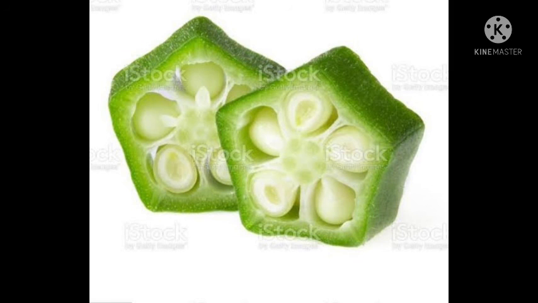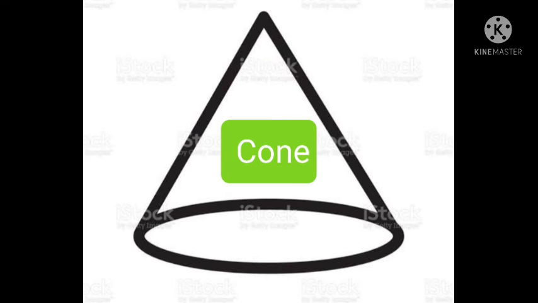We'll go to the last shape that we are going to learn today. What is this? You all are familiar with this. This is not a new name for you. This is a cone. Are you able to appreciate the difference between triangle and cone? A triangle has 3 sides and 3 corners. In a cone, only 2 sides are there. The next one is curved. It has got only 2 sides. This is a cone. You will be able to give me some examples of a cone.